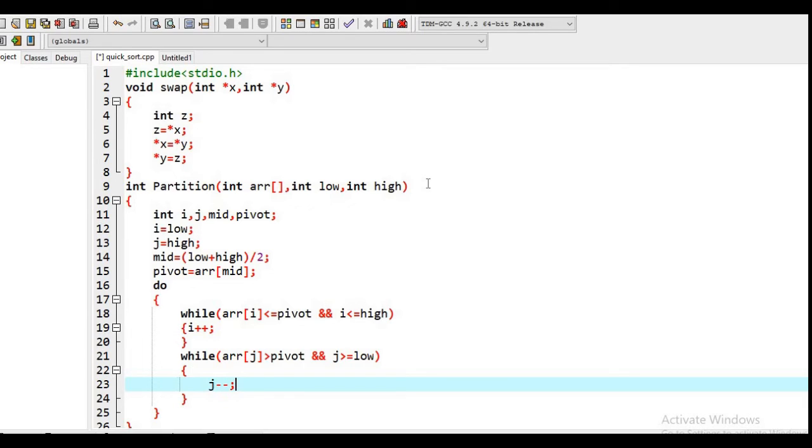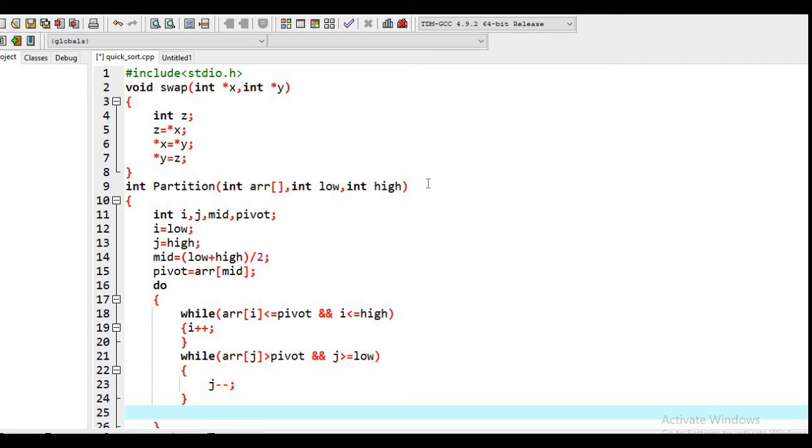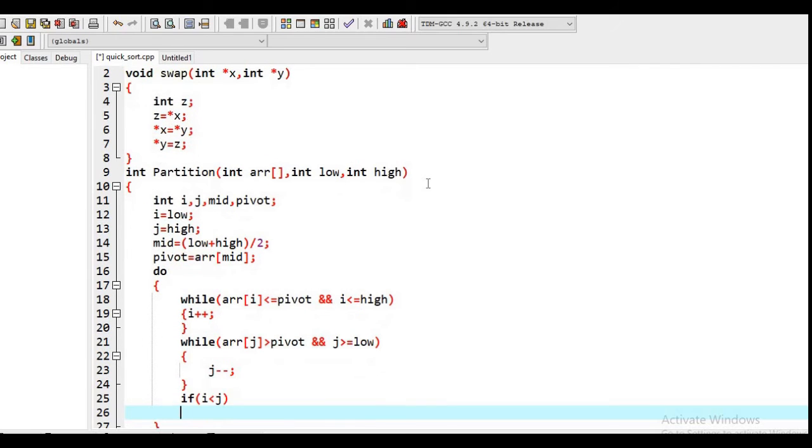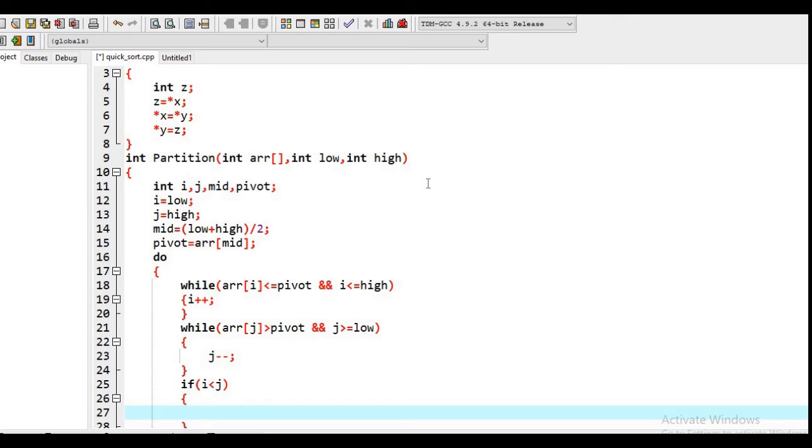Now when these pointers stop, that means swapping is required. So first we will check if i is less than j, then only we have to swap. So here we have to perform swapping, and we have already written the function of swap.